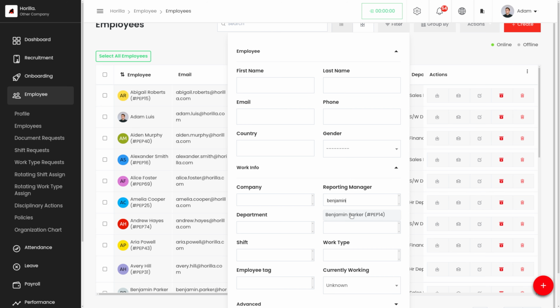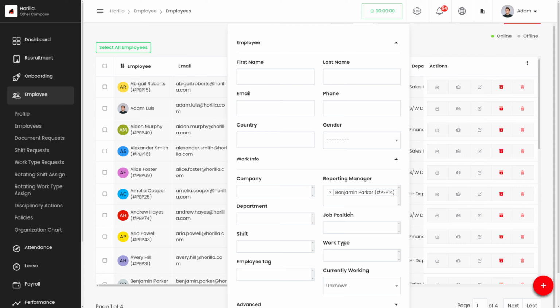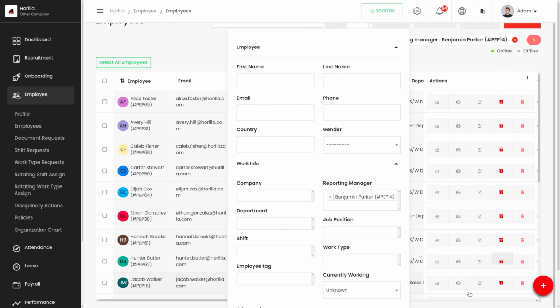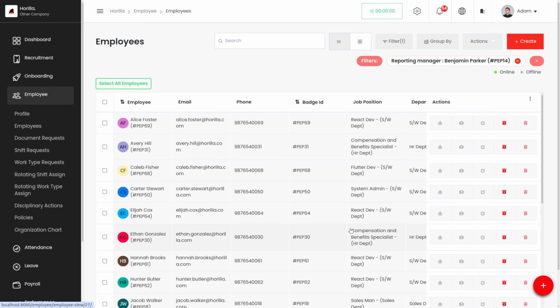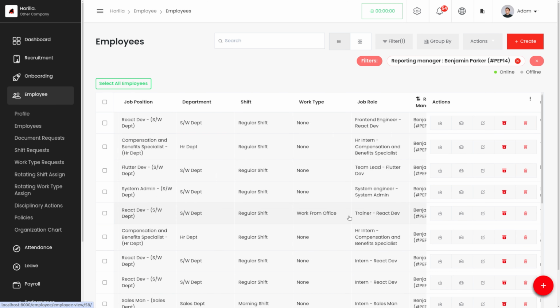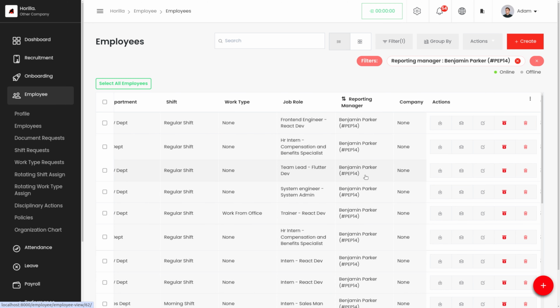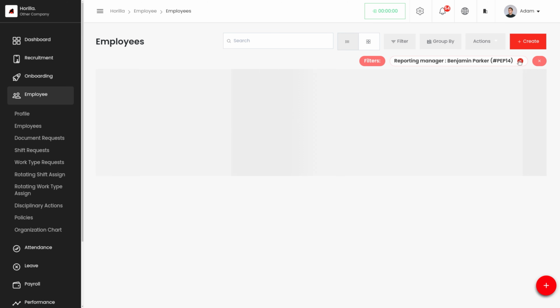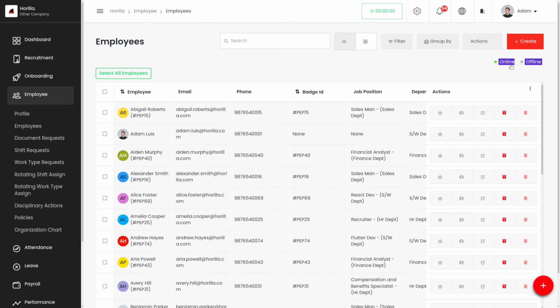Let's say we want to filter out the employees who have the reporting manager Benjamin Parker. So let's filter. We can see that all the employees with the reporting manager Benjamin Parker have been filtered out. So like that, we can make use of this filter option. We can just close this filter.